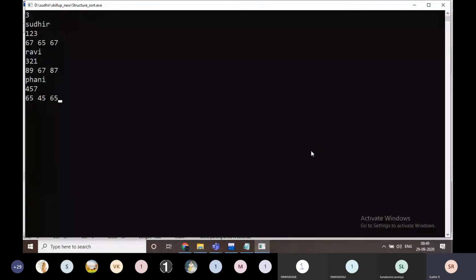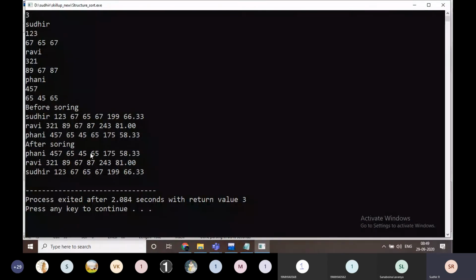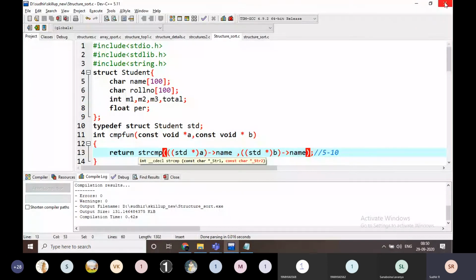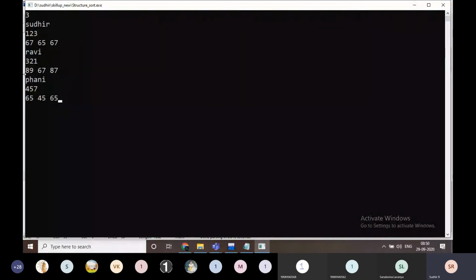Okay, this is the input. Just look here. It is going to be swapped in alphabetical manner. Just observe here, P, R and S. It is going to be swapped on the alphabetical order. If you observe here, P, R and S. For example, if I am going to execute it again, I'm not modifying, I cannot modify, I think. That's why it is not giving.